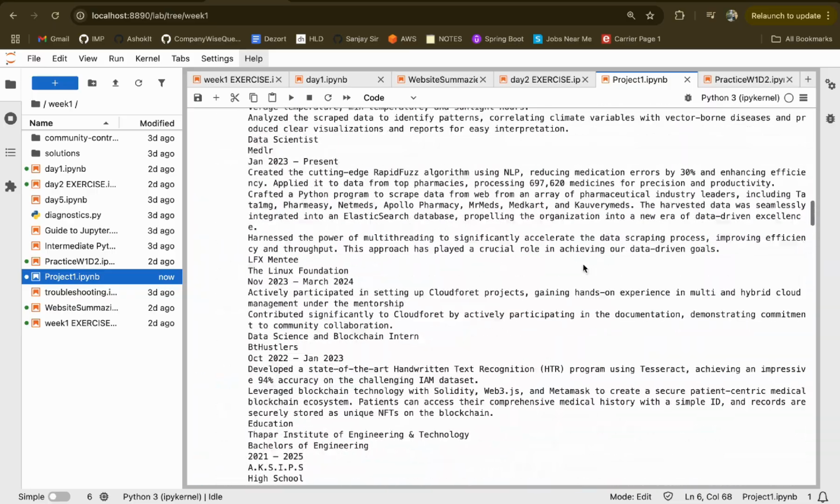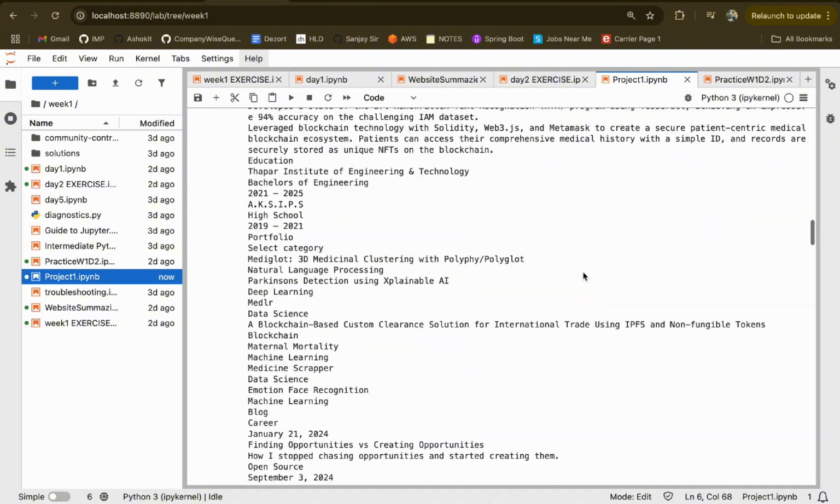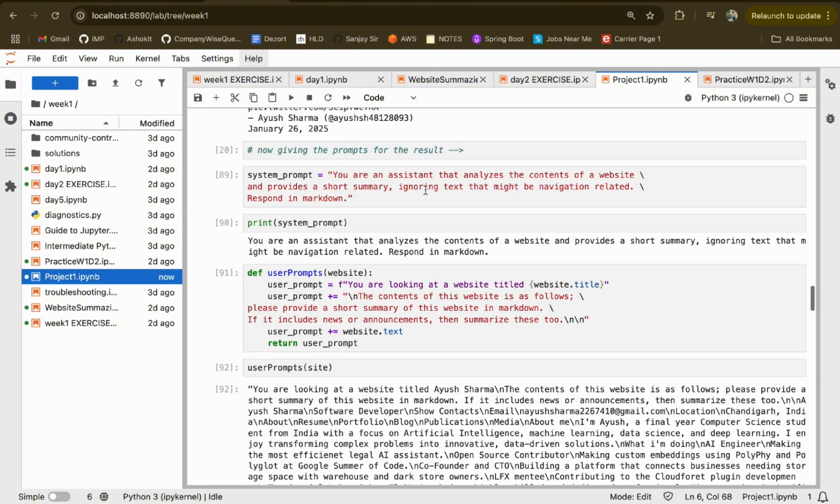First of all, I'm setting the behavior of the AI, how he or she should respond. So this is a system prompt that I passed, that you are the assistant and all those things, providing a short summary, and ignoring the text that might be navigation related and all those things. Then